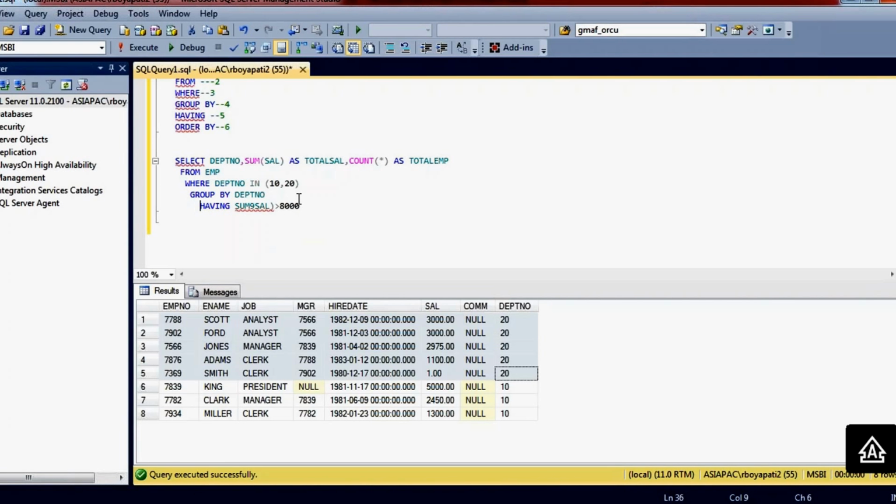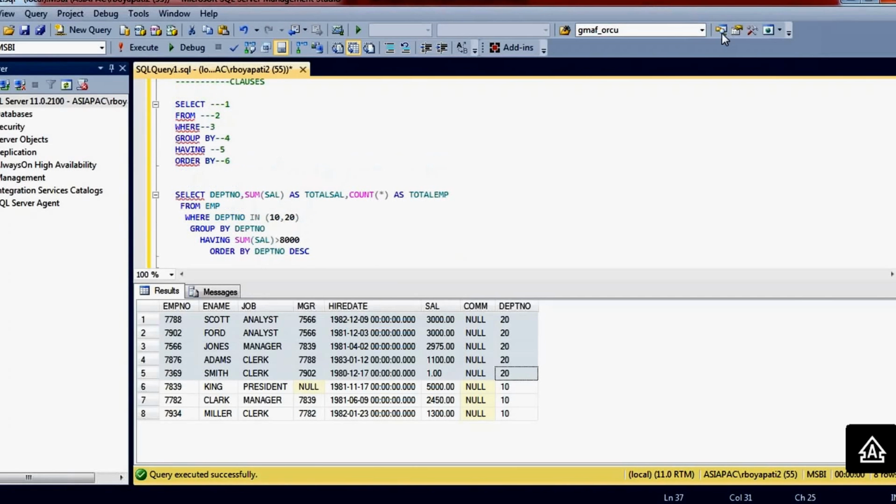Then in which order you want to display the data: ORDER BY department number, descending order. So we are following this order.